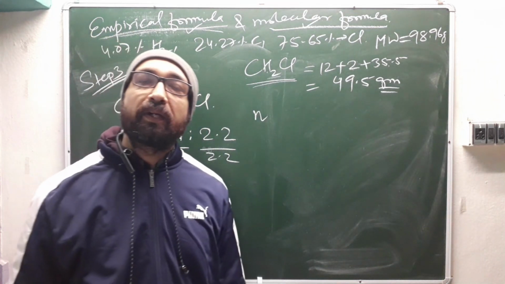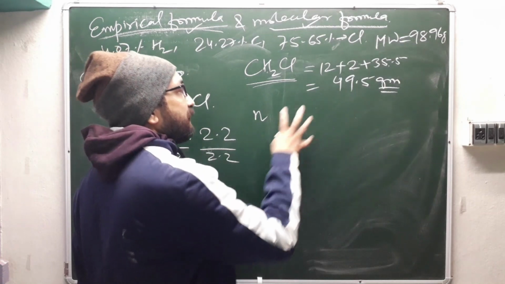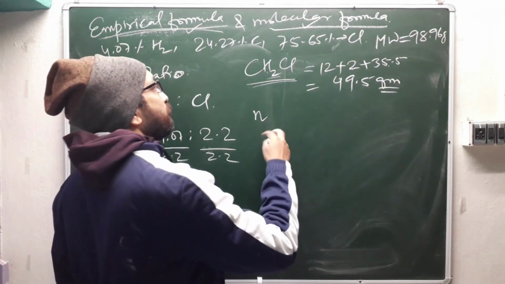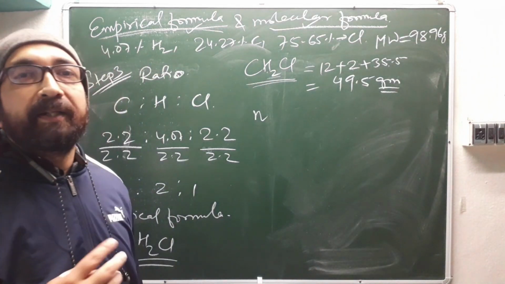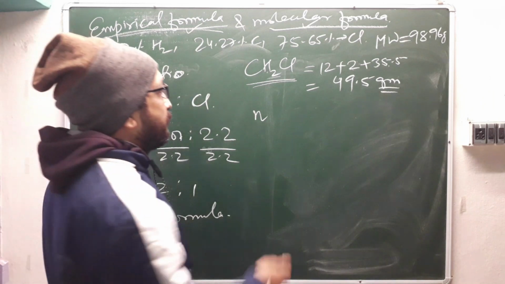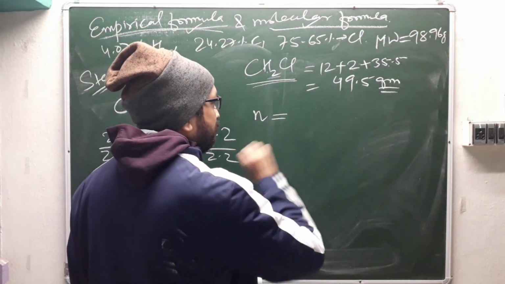This will be the factor where we are going to multiply whatever the n factor we are getting here with the empirical formula, and then finally we will get the molecular formula, right? How are we going to do that? So n will be